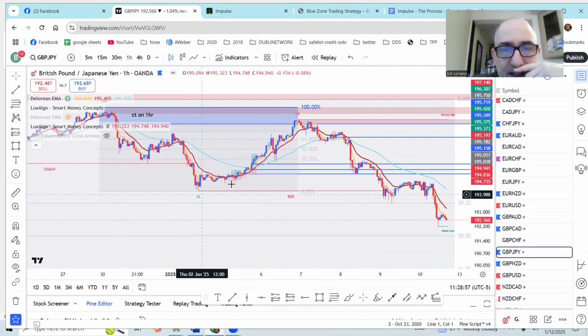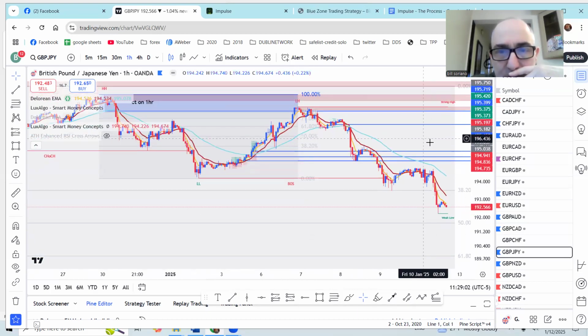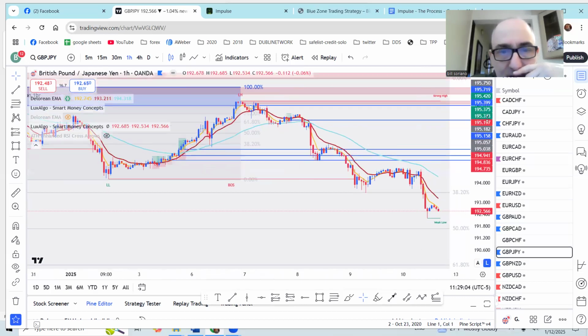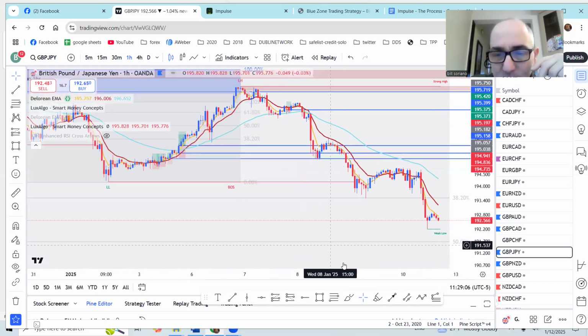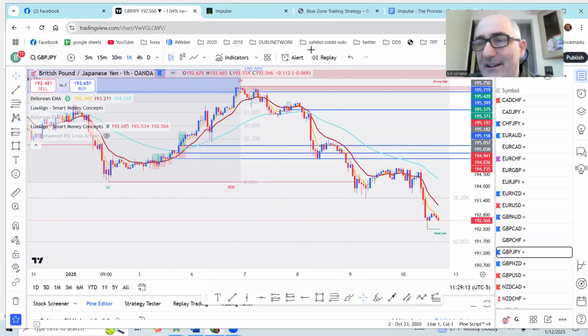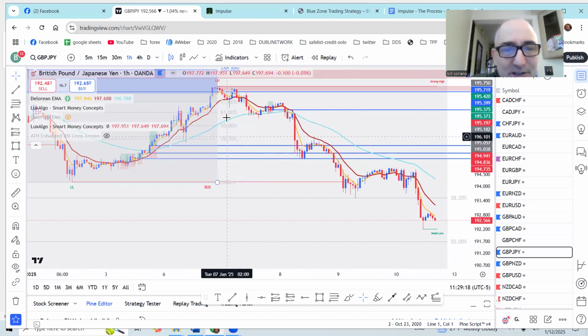We drew the fib. It came back up. It hit it. And then what do we do? This is the counter trend now, because we know price has to work its way back down to here eventually. It could just shoot up and keep going in the bullish direction that it's telling us it wants to go. But in this case, we do get that